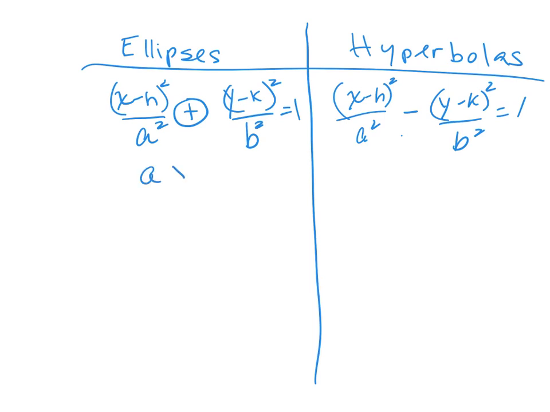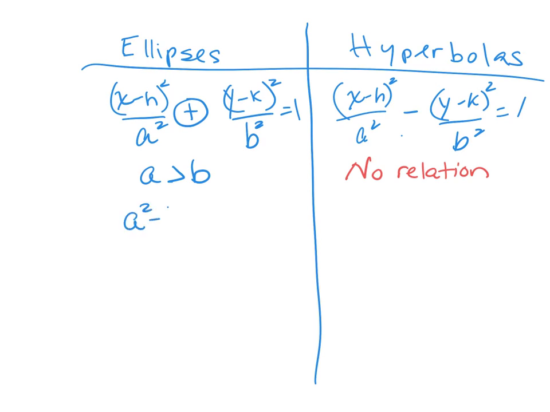A is always bigger than B in an ellipse. In a hyperbola, anybody know? B is bigger than A? No relation whatsoever. So B can be bigger than A, smaller than A, or even equal to A. Okay? The next thing is that in an ellipse,